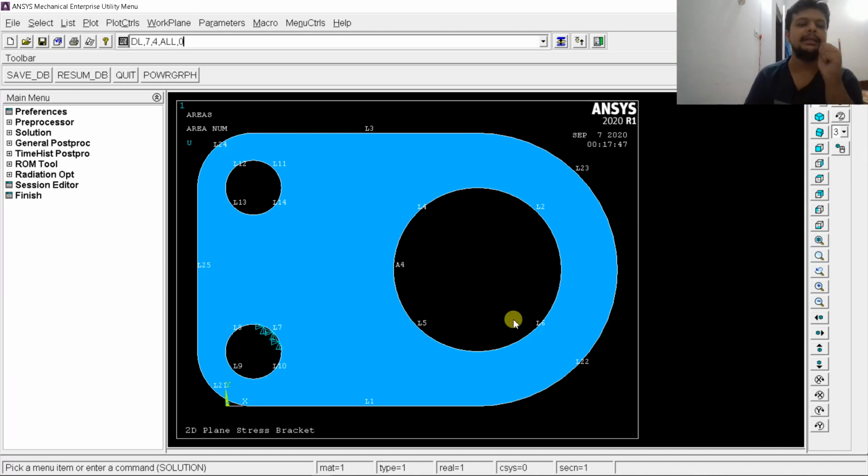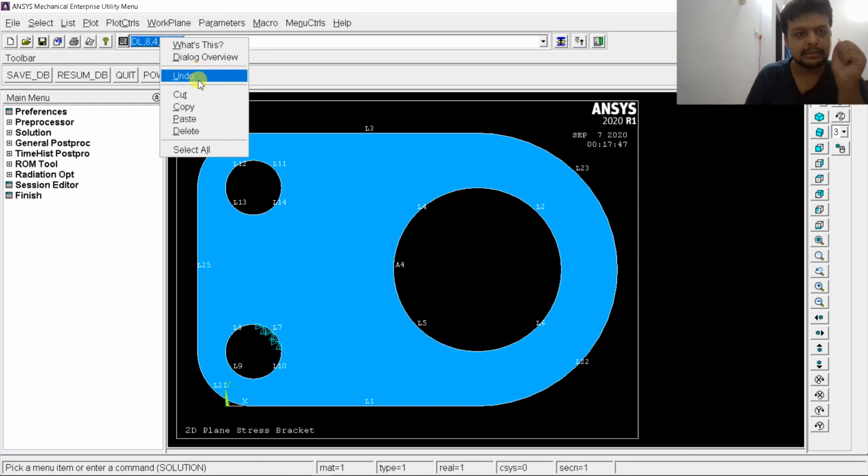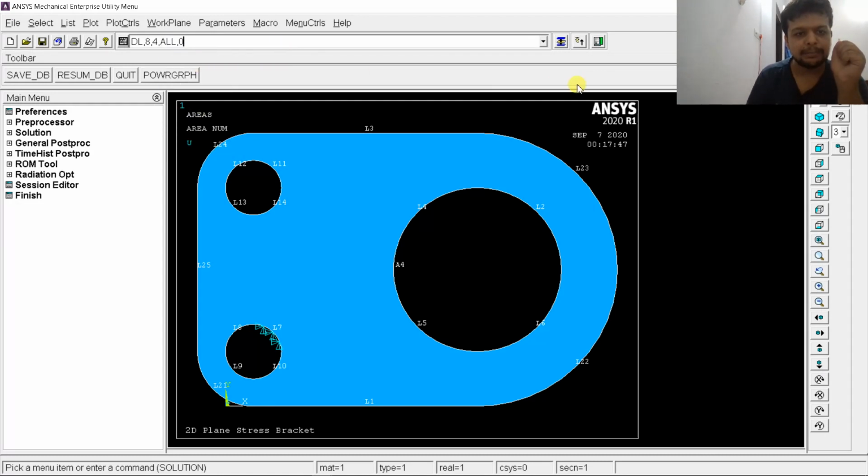Now if you press enter, you will see this green type of triangle here. It means that it is restricting all the motion on the 7th line. I have already pressed enter, so I will not do it this time. What I will do is change the line number, make it 8. Now I will copy it. Actually I have to do it 8 times, so I will copy it. See here, now on the 8th line I have got the value. In a similar way, I have constrained all the lines from line number 7 to line number 14. Okay, now this line cannot move in any direction.